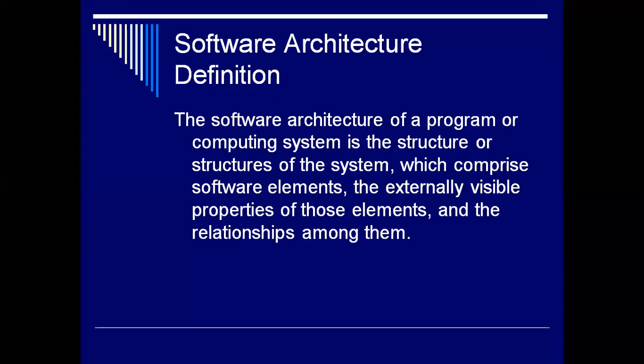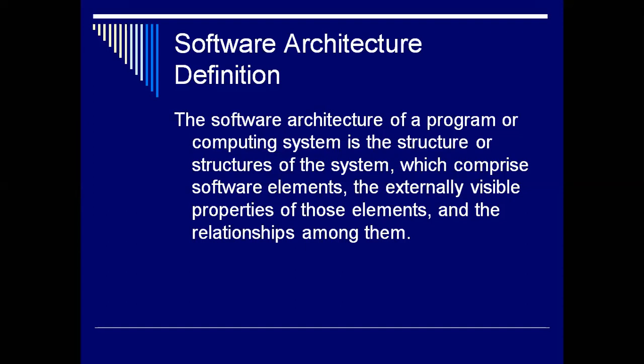So this is nothing but a concept, but for the actual definition of software architecture I will read. The software architecture of a program or computing system is the structure of a system, whether it is considered as a computing system structure or any system structure, which comprises software elements, the externally visible properties of those elements, and the relationships among them. So this is a bookish definition. Instead of this, you can directly write down the points that were discussed right now.